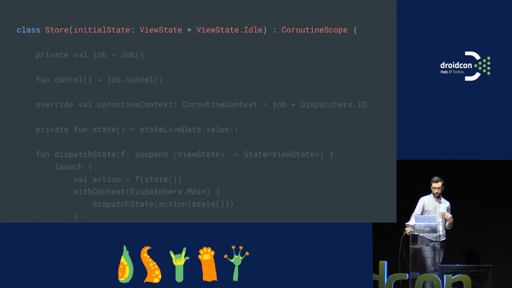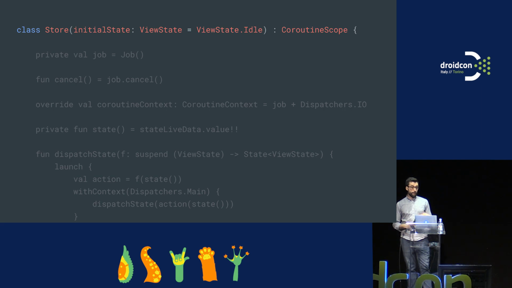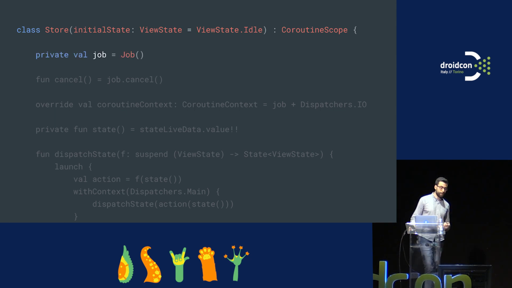What we do is the store has its own scope, a coroutine scope, and basically what we want to make sure is that everything that is running in the store is running on its own coroutine context, because the store can be called by different reducers, so all those jobs are going to be defined as child coroutines from the main scope of the store. And we want to make sure that any of the jobs that are running inside the store can be canceled when the view model is going to be cleared. So what was the definition of this cancel function that we had earlier?